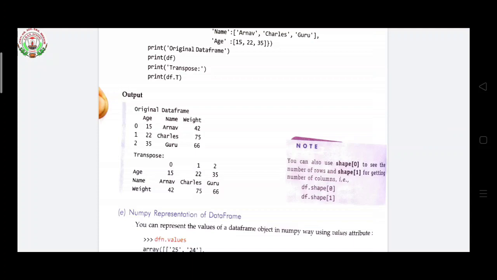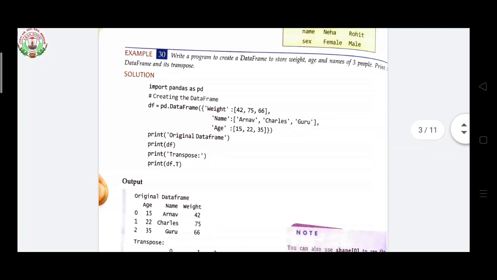So now the columns and rows are swapped. You can also use shape 0 to see the number of rows and shape 1 for the number of columns, so df.shape 0 and df.shape 1. So this is the output for transposing.